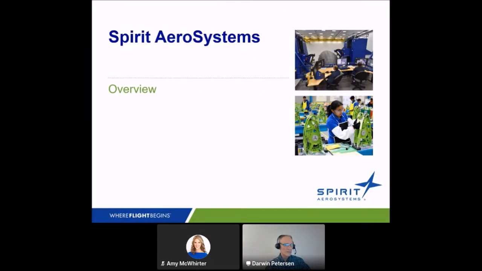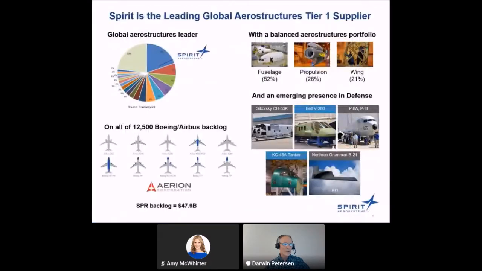Spirit is a global company with activities all over the place. We're trying to get a balanced spread between fuselage, propulsion, and wing, and working on increasing our presence in defense activities.